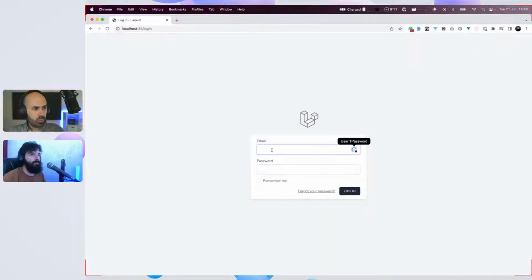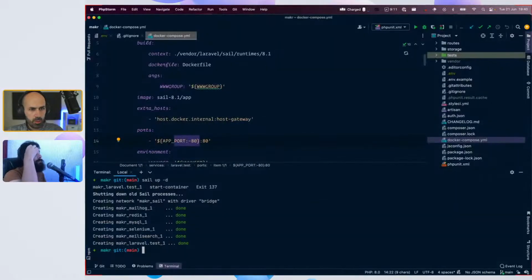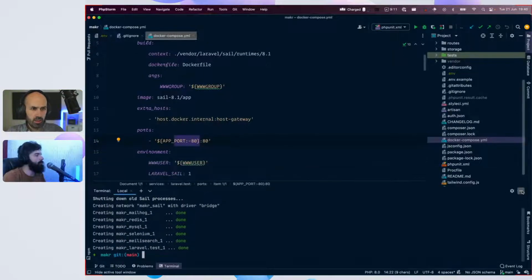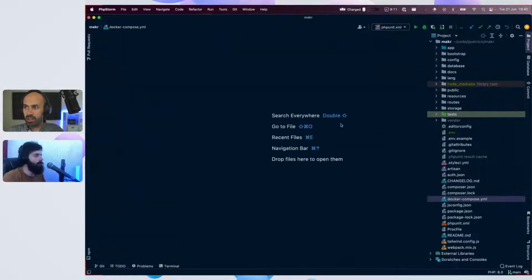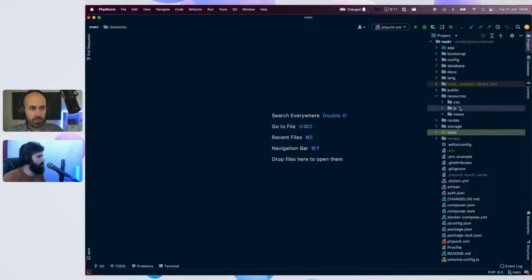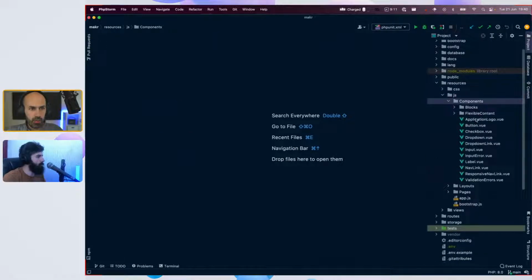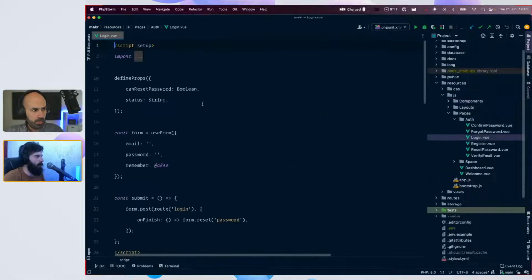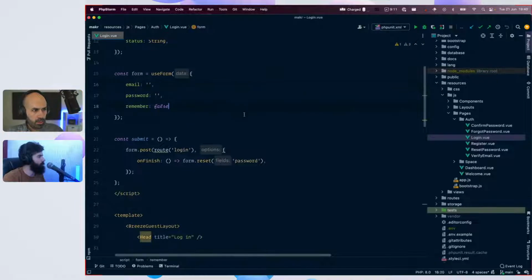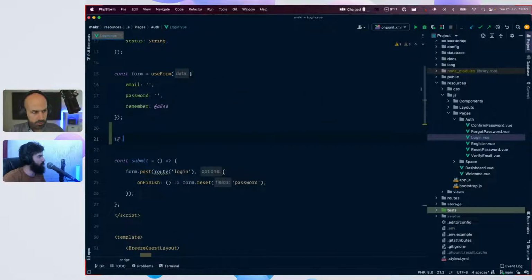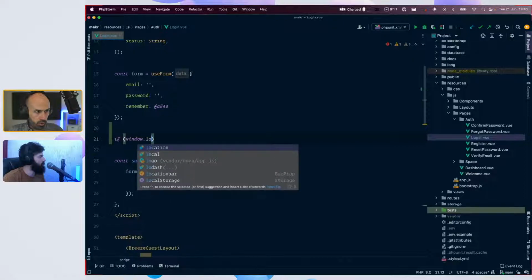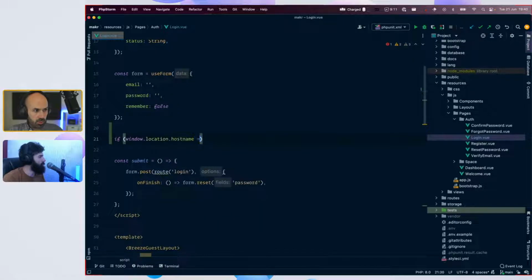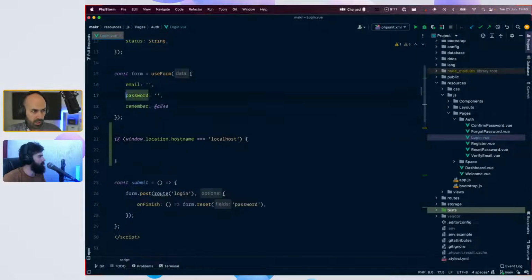I wanted to change this login page, maybe it will be easier for us. What do you think about coming to the auth component? Maybe it's in the Login page. If window.location.hostname is localhost, then I would fill email and password.